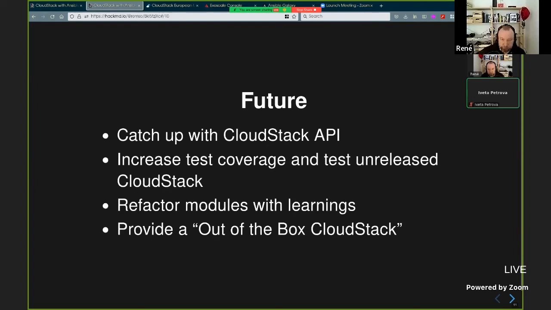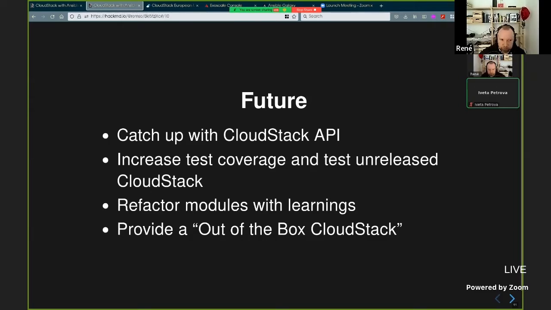And for the future, I need to catch up with the CloudStack API again, but I'm not really into running CloudStack at the moment. My focus is not on CloudStack, but this will change in the future.